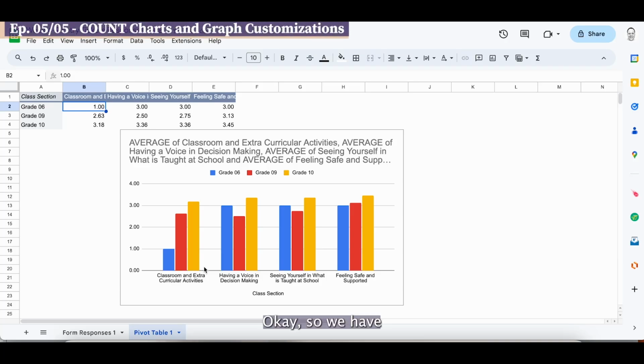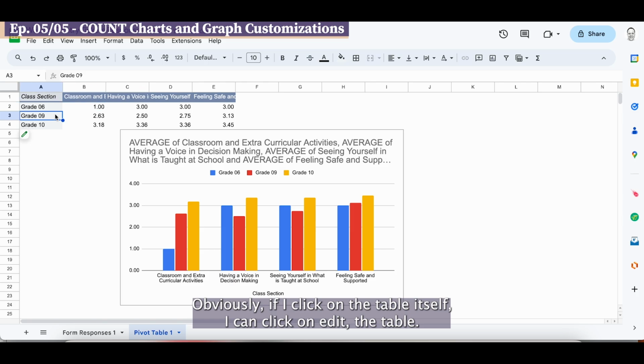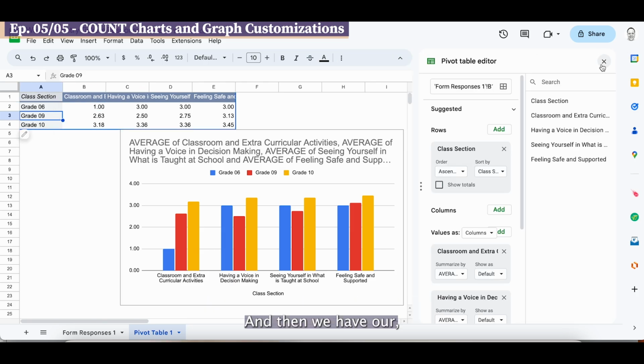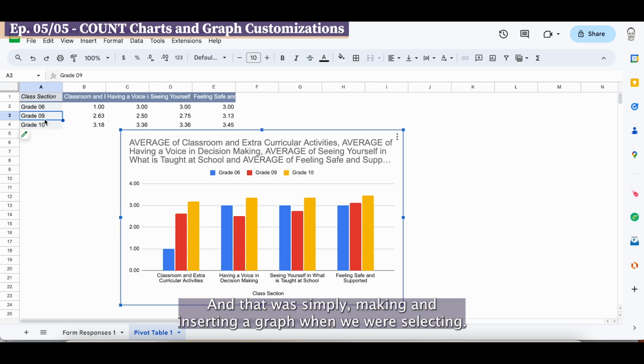Okay, so we have so far gone from our raw data, cleaned up data, to a pivot table, and then from a pivot table to a graph. Obviously, if I click on the table itself, I can click on edit the table, and then we have our graph that is built off of this table, and that was simply making and inserting a graph when we were